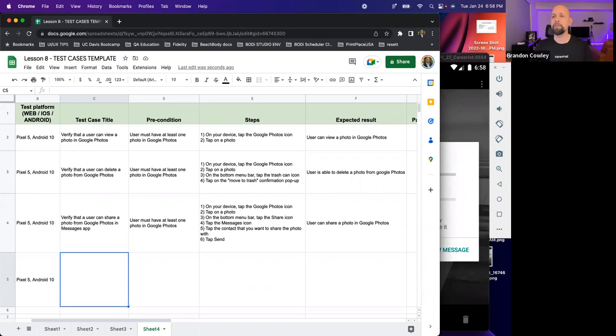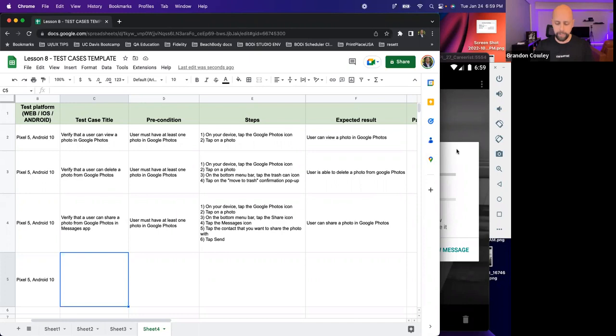However, I don't disagree with Manuela's call out. Precondition: in the real world when we're testing, chances are you're going to have a contact list to share with. And again, this is a limitation of an emulator. If we did this on a real phone, we have a whole ton of options for how to share a photo. And we're not necessarily going to want to go through every single one of those.